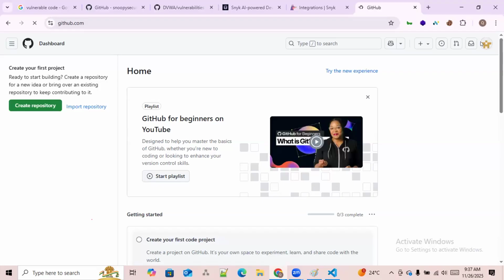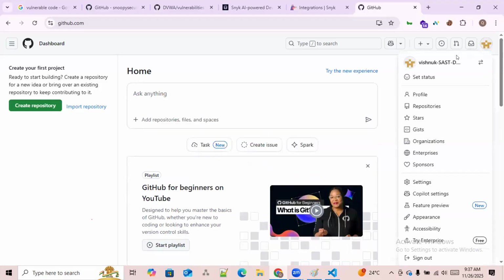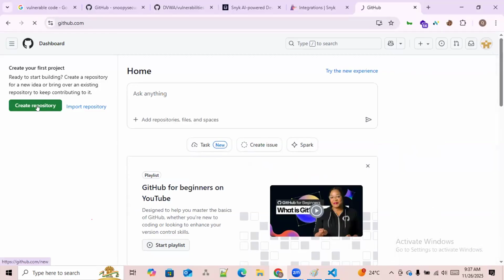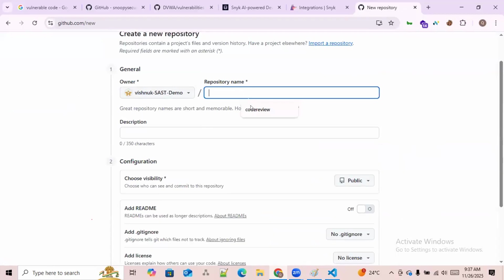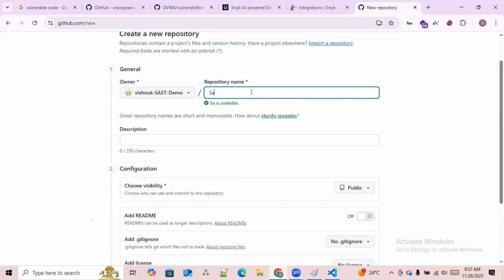So this is the dashboard of who's one? Vishnu. Vishnu's okay. Create a repository. Okay, and write the code. We can create a repository name. You can give anything. I'll say code review, or you can say SAST and